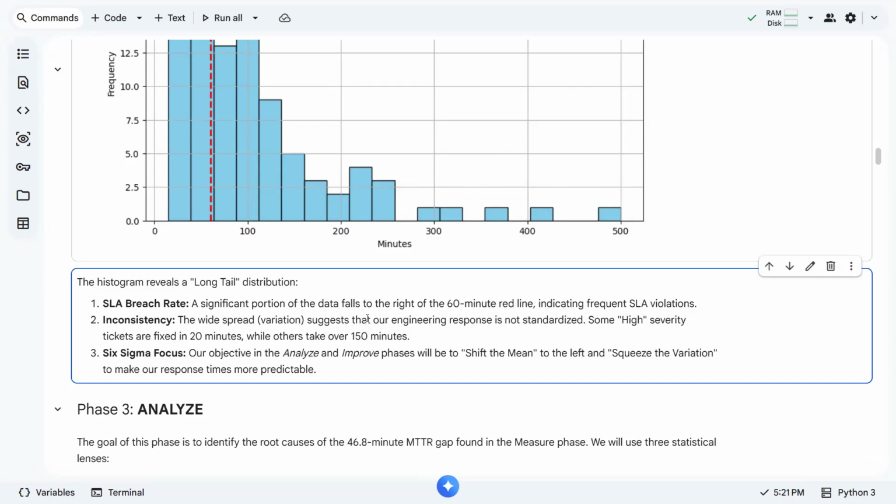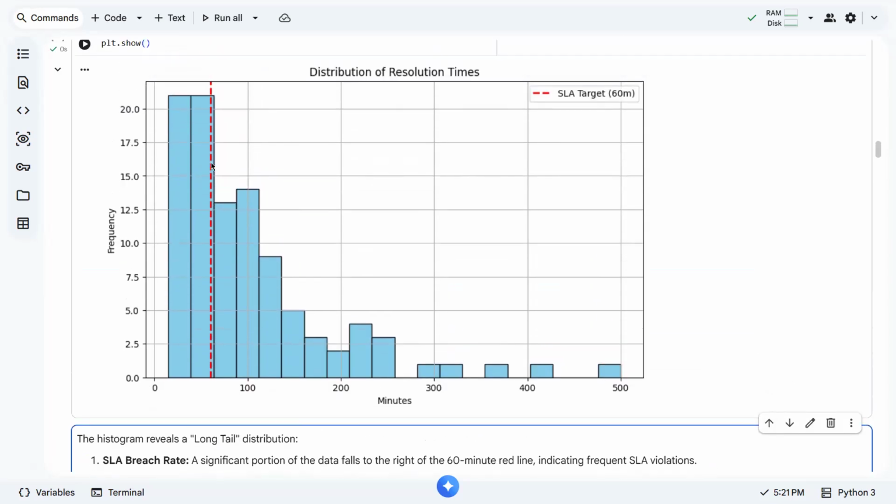Third is the Six Sigma approach. Our objective in the next phases will be to shift the mean. This one, our mean should be below or before this red line. If we take the mean of these measurements, that mean should fall on the left side of this red line.